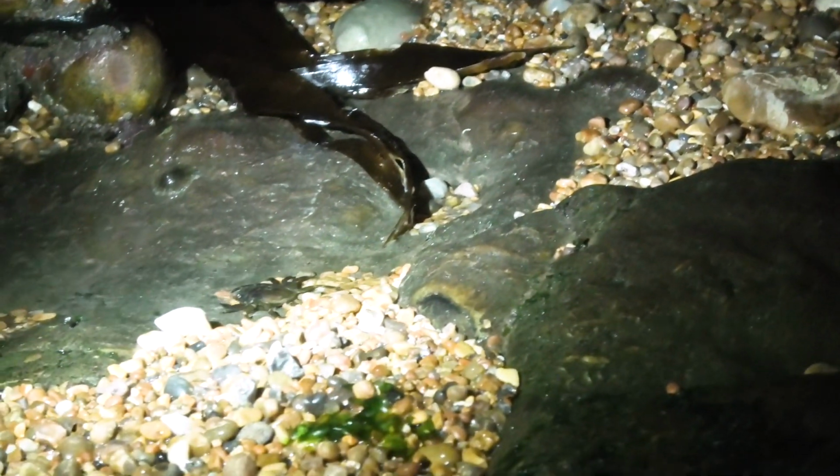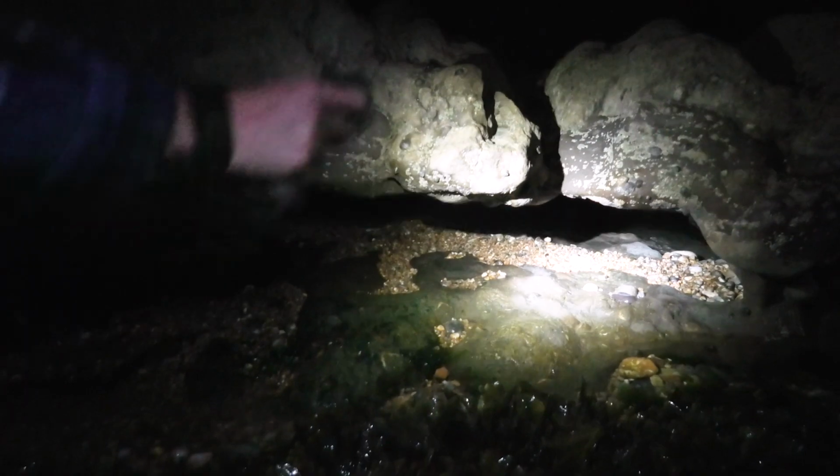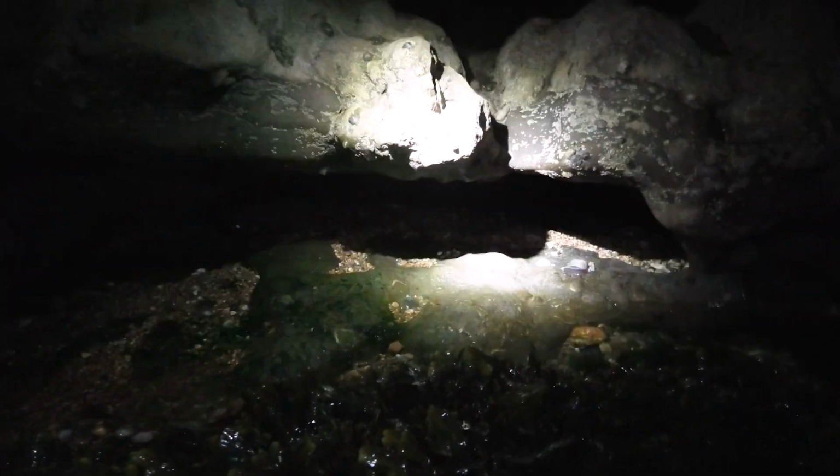There's quite a small one. We saw some much bigger ones than that. But they're pretty easy to catch. You just sort of pinch them between your thumb and your finger. So it's just a massive deep overhang, isn't it? There's a fat anemone there as well. But it's